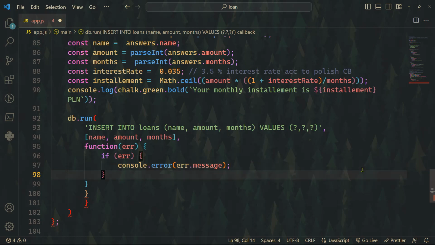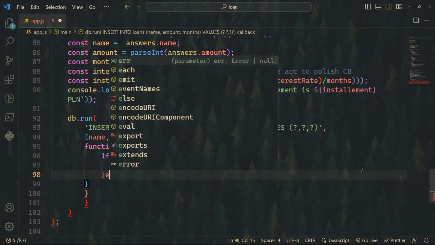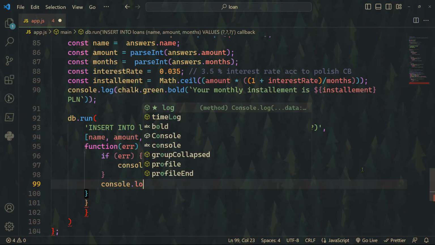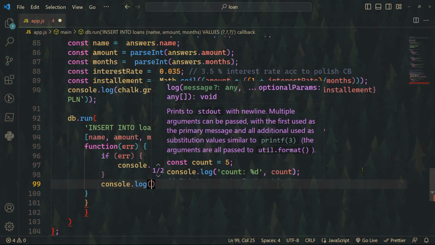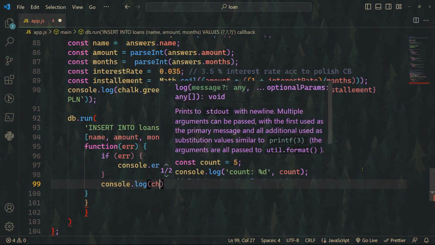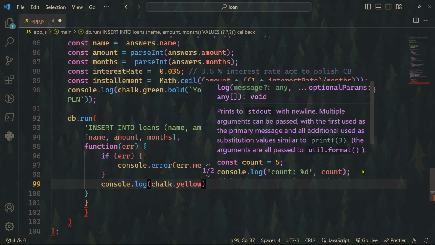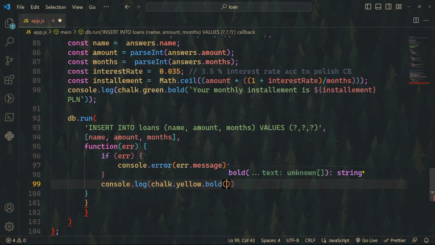Otherwise, we can do else, or we can just simply type what we want. Console.log, and we want to print in yellow bold. So I'm going again to take the chalk dot, this time using the yellow color, again bold, to be visible to everyone. And we're using template literals again, and we'll say your loan details have